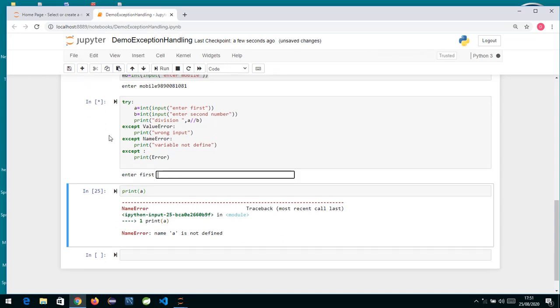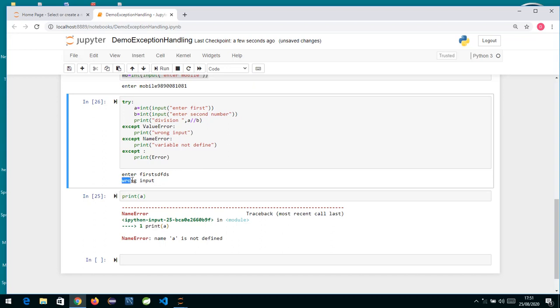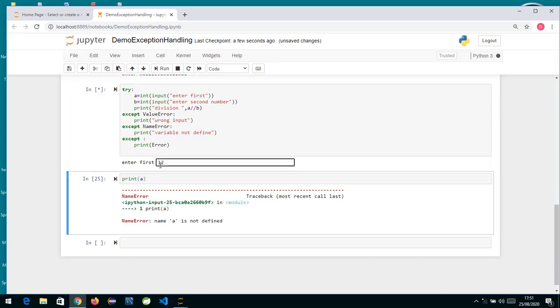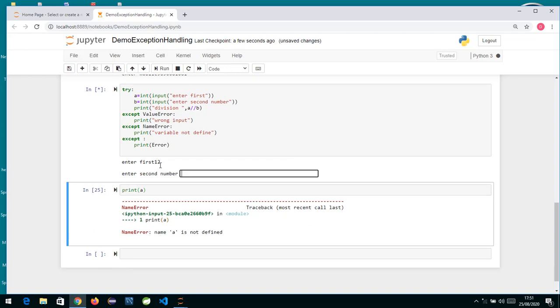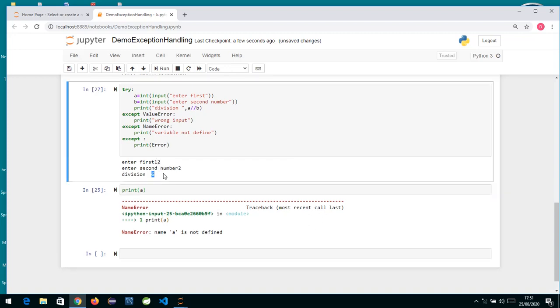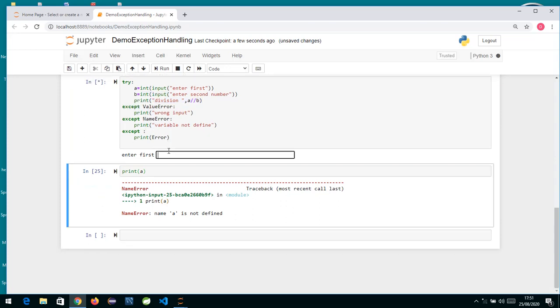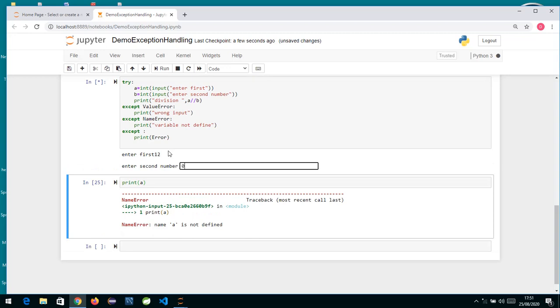Now suppose I run this logic, it is asking me the first number. If I enter some string, whenever you enter some string, it will try to convert it into integer. It won't be able to, so it will give you which error over here? Wrong input. This is the output you got, so this is the error that has occurred. I rerun now, and suppose I enter two inputs properly. If I enter one as this and the other as 2, we got the division answer, that is 6. Now suppose I rerun and I enter one number as 12 and second number as 0. Whenever you try to divide a number by 0, it is going to give you zero division error.